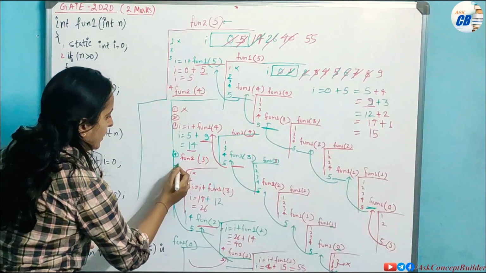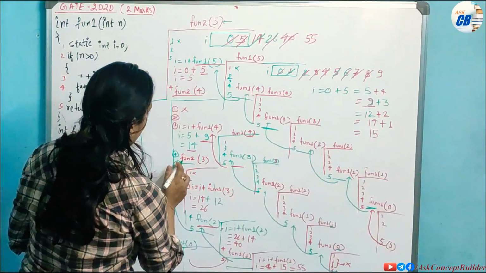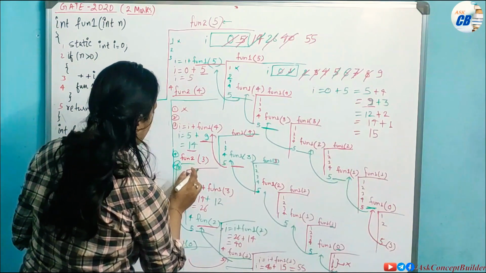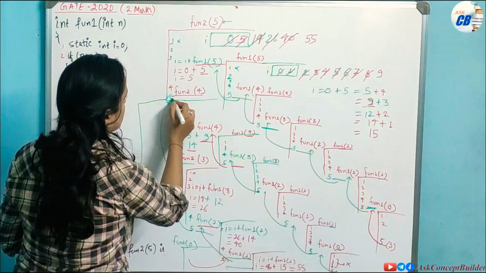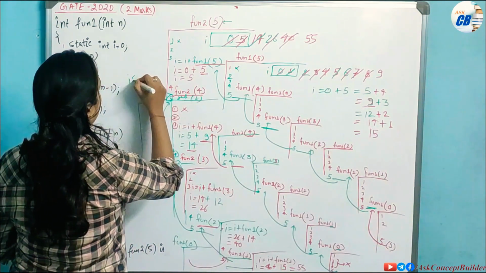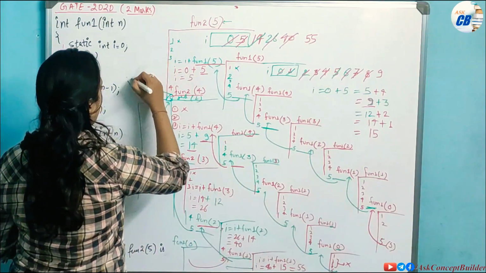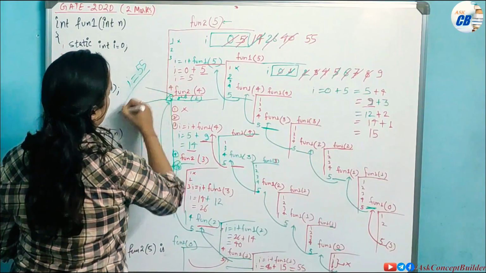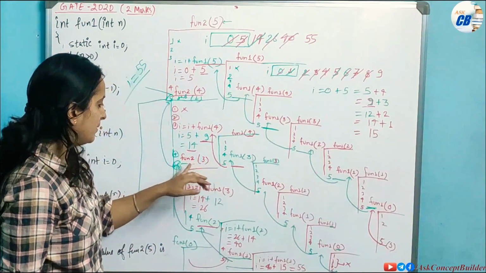It will again move back here, that is again return I. Then it will move back to where this is called. Again return I, and finally the returned I value will be 55. Okay, so the final value returned back is 55. The fifth statement also has to be executed after completing the fourth.